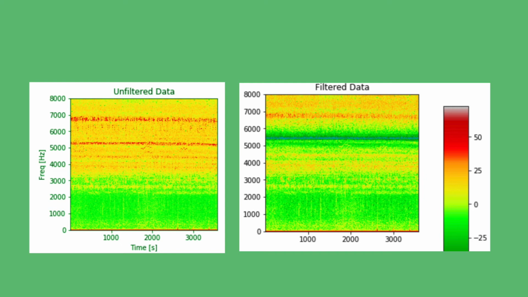If you look at these two spectrograms of the same audio signal before and after filtering, you can see that around 5500 Hz, the frequencies are much weaker on the right than they were on the left, which makes this sound like